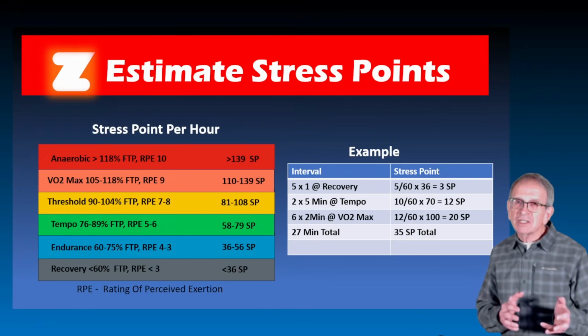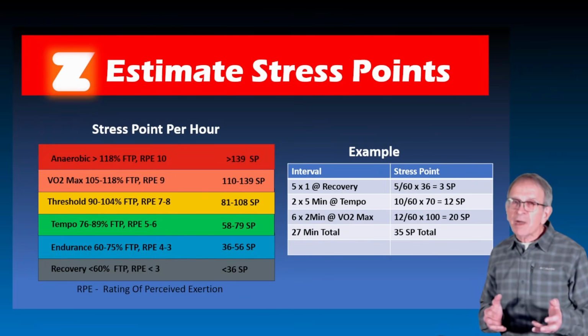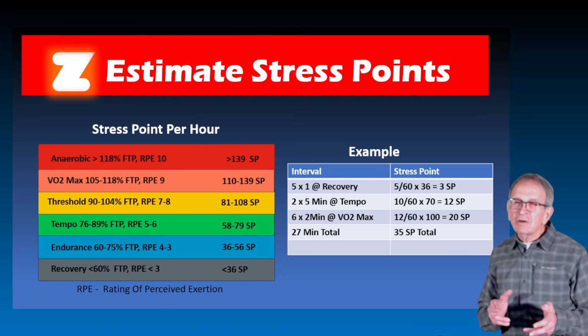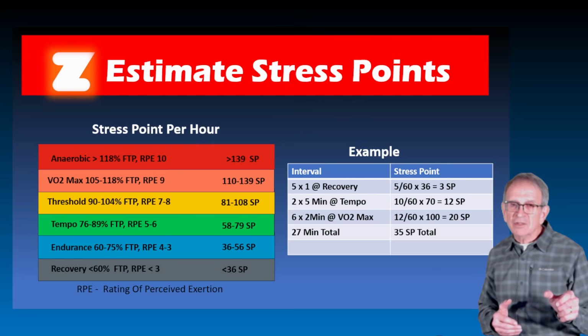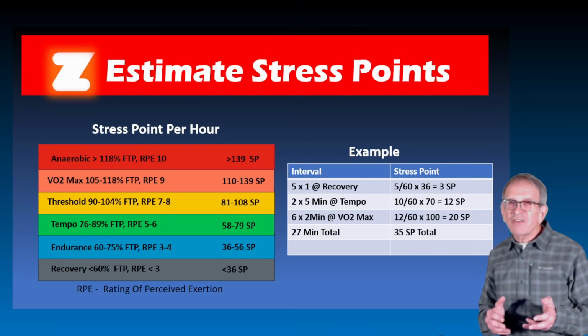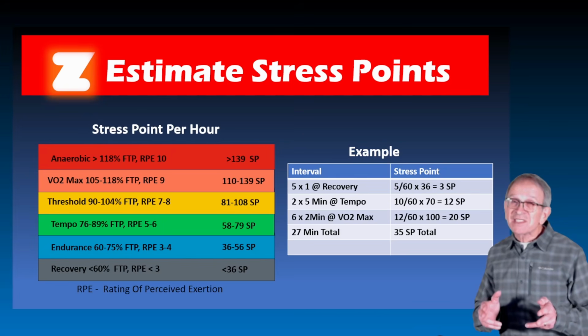Just as an aside here, if you're riding outside without a power meter, how might you estimate your stress points? Well, here are some guidelines. Stress points for an hour ride. Now just take note, this is an hour ride at each one of these discrete levels. So if you ride for an hour at about 60 to 75% of your FTP, a rating of perceived exertion of between 3 and 4,